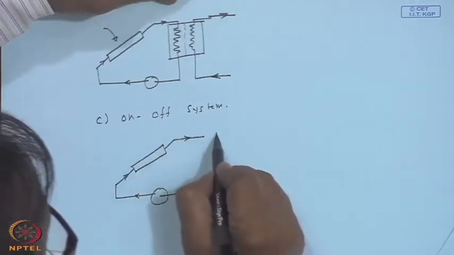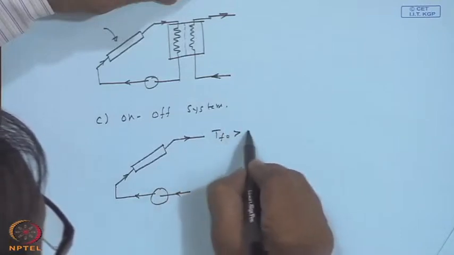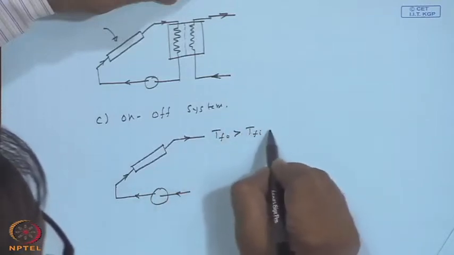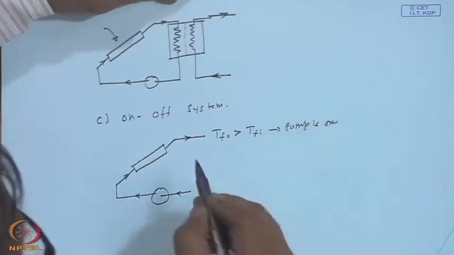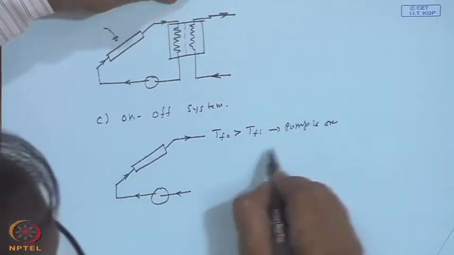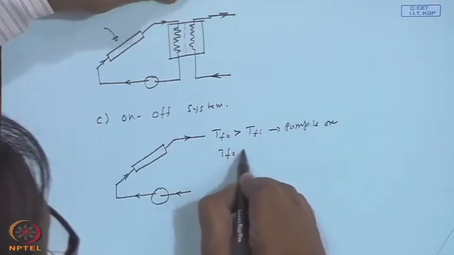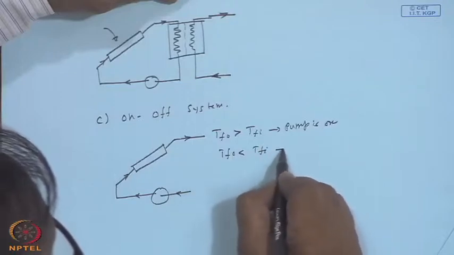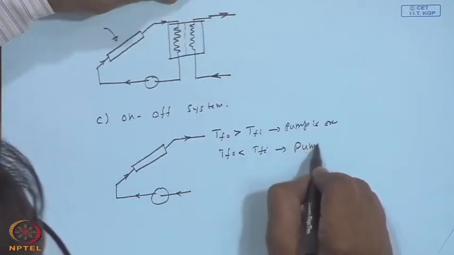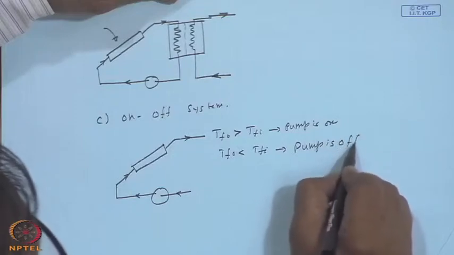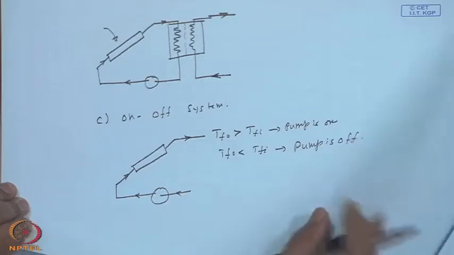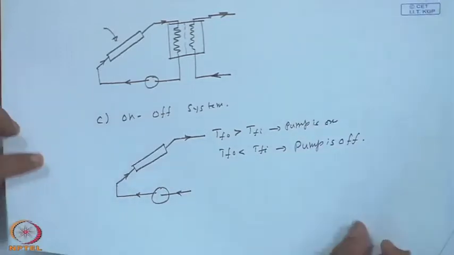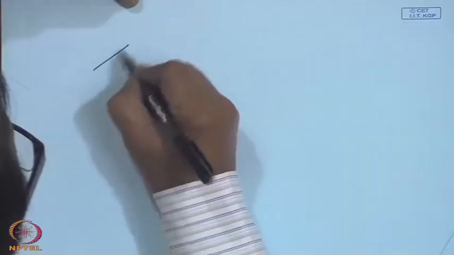Now, if T F O is greater than T F I, then the pump is on, or it is off. This is a typical on off system as practiced in the US,